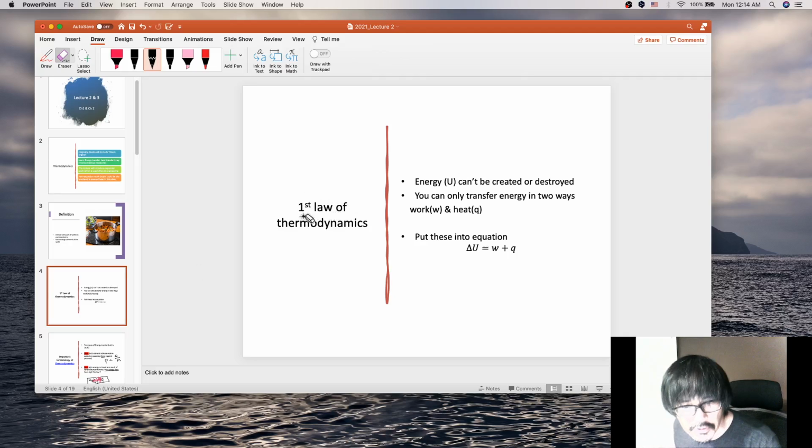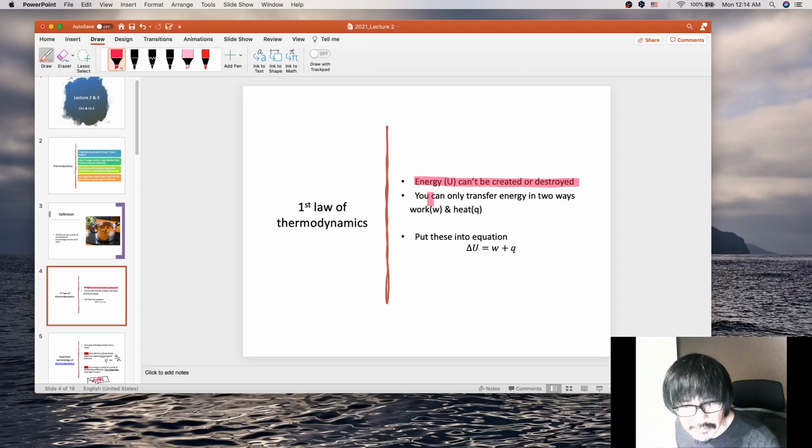Okay, let's start out with the first law of thermodynamics. The first law of thermodynamics, in plain English, pretty much says energy conservation. Energy can't be created or destroyed. So basically that portion right here, the energy conservation, that actually sets up interesting equations,